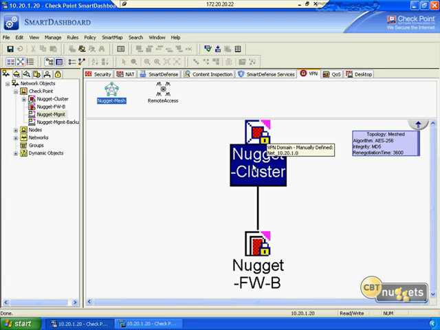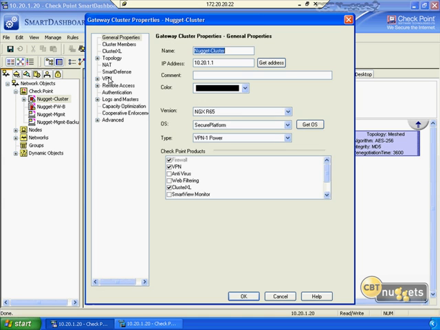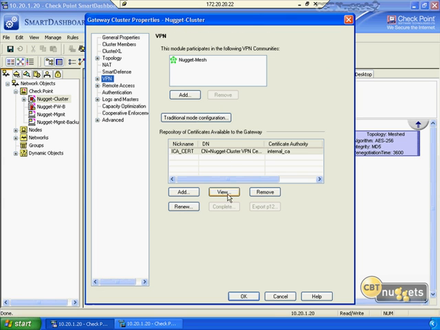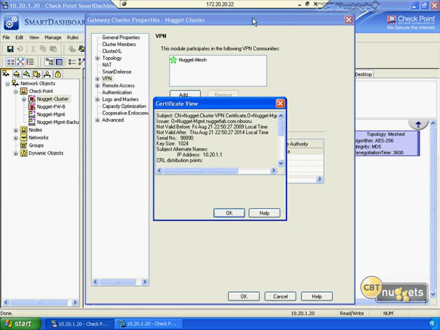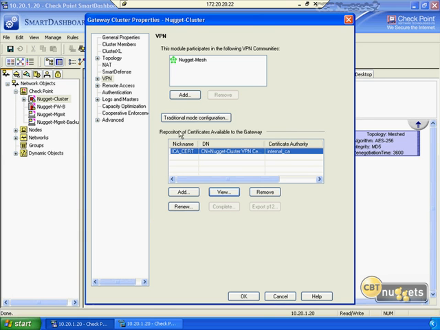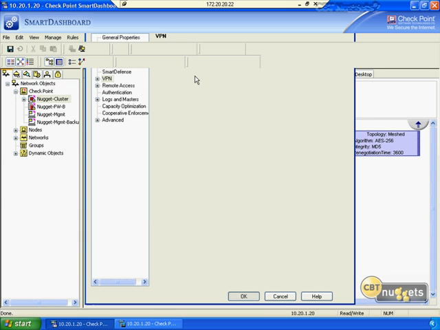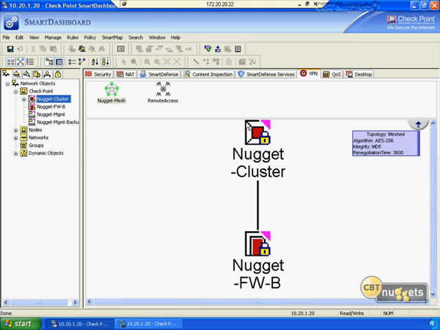Now, we have shared actual certificates between our Nugget cluster and our Nugget Firewall B based on the internal certificate authority from Nugget Management. And as we can see, if we open up each one of these particular firewalls and we click on VPN and we take a look at the certificate again, we can see the information that's available directly on this particular firewall as issued by the internal certificate authority that's on Nugget Management. So the authentication process for these two in a community that we're going to manage is going to use certificate-based